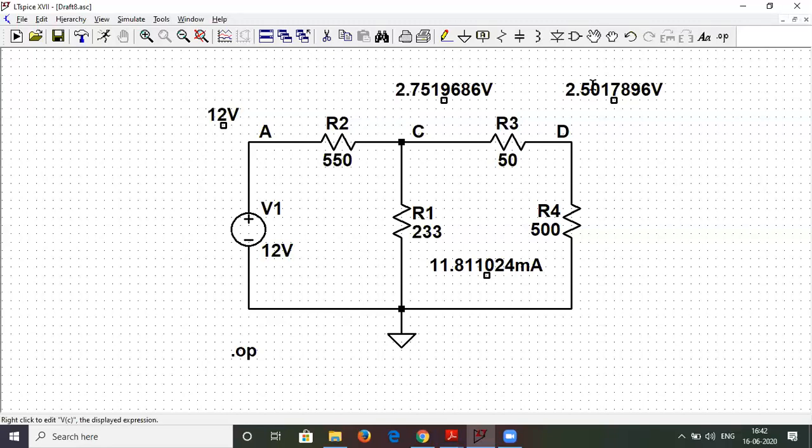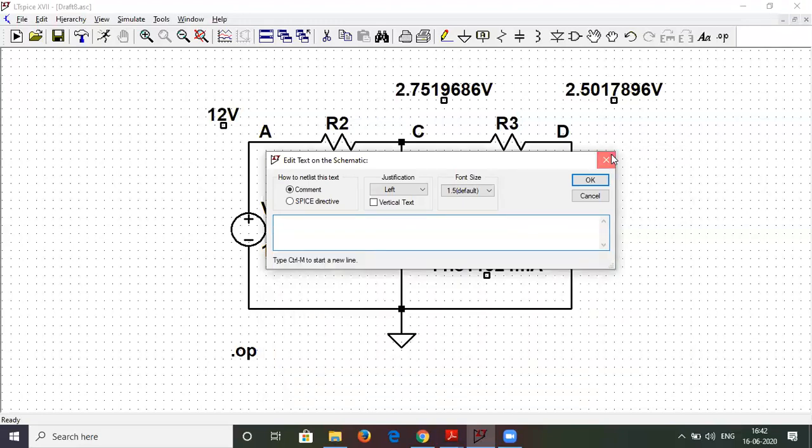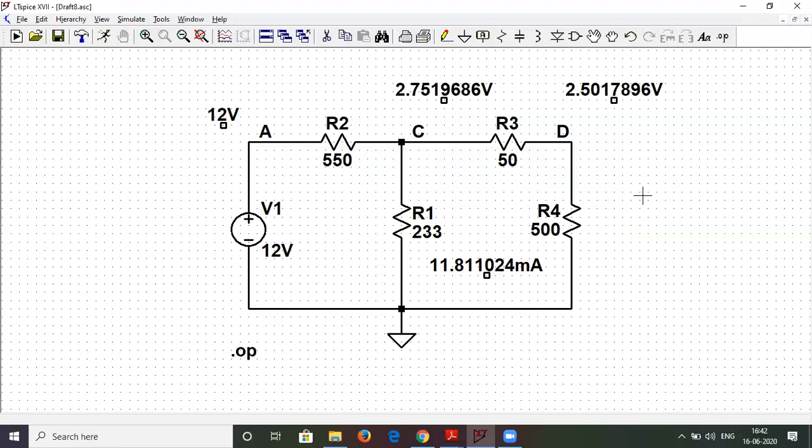Okay, and if I want to label this, I can do that easily using this text. Now let me explain. You will be getting similar circuits, but with the network theorems and all, much more complexity might be there. Remember, all these are linear circuits. So LTspice gives you excellent results in case of linear circuits. So superposition theorem, Thevenin's theorem, mesh analysis, nodal analysis.